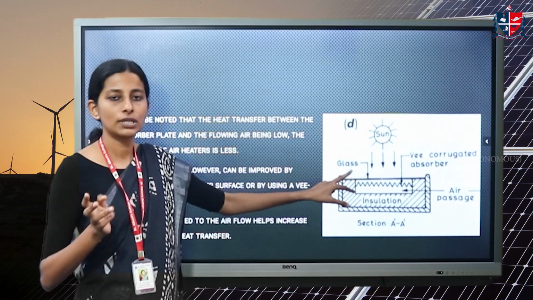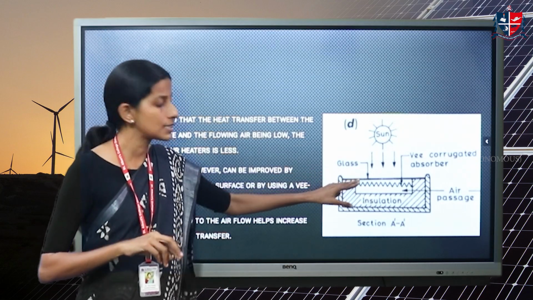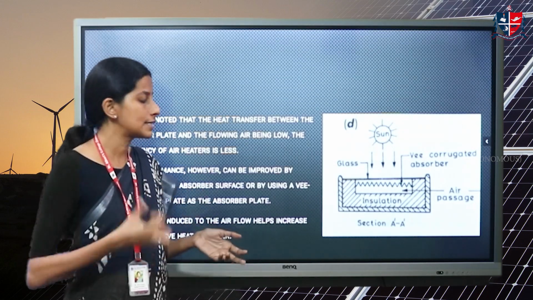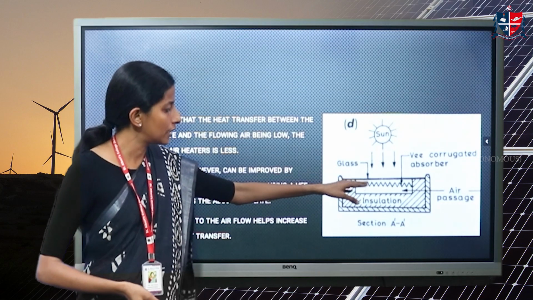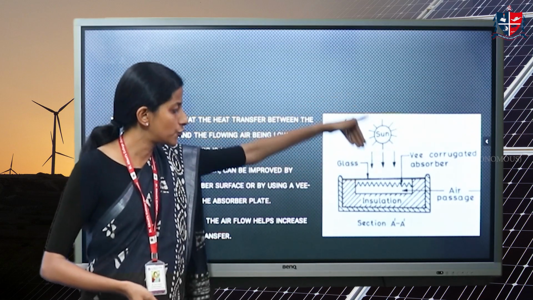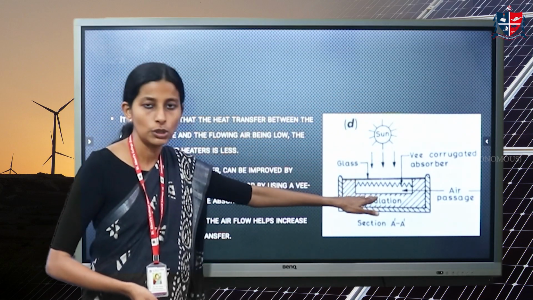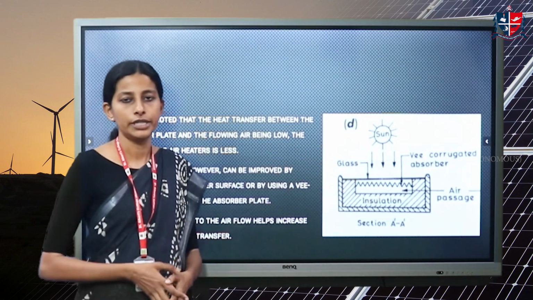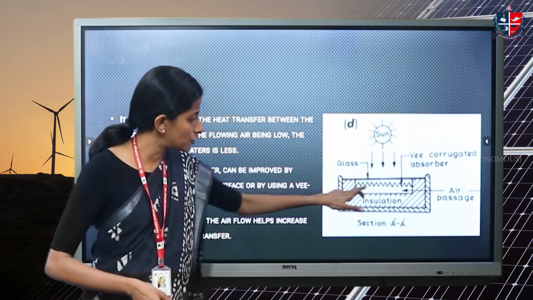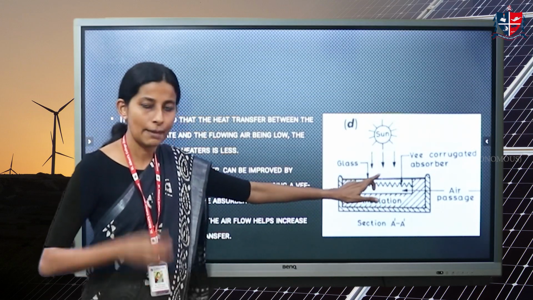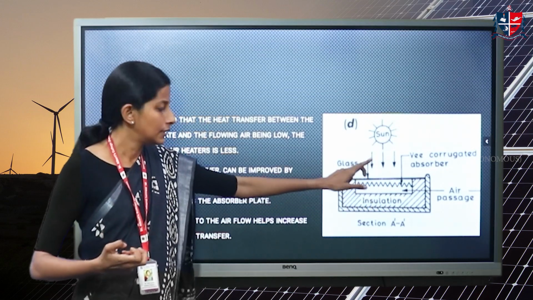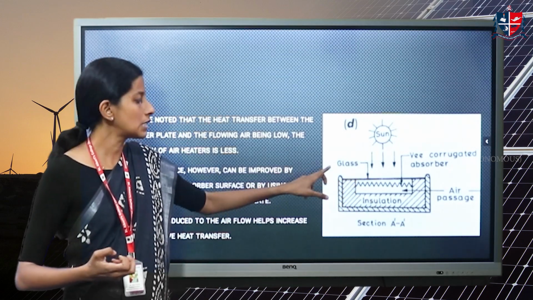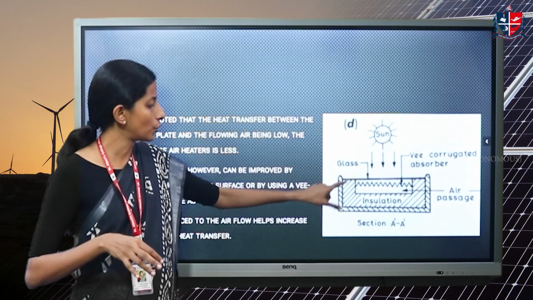The advantage of this over the other three is that more area is getting exposed to the solar radiation. Here also understand that there is no provision to transfer the heat from above to below. It only gets transferred from these grooves to the exchanging medium. There is a provision for air passage. This metal plate, which is a blackened absorber plate, gets heated. The heat from there is transferred to this passage area for heating the air. So this is more advantageous compared to the other three because more area is exposed.